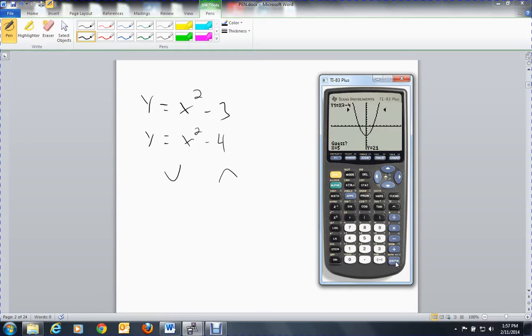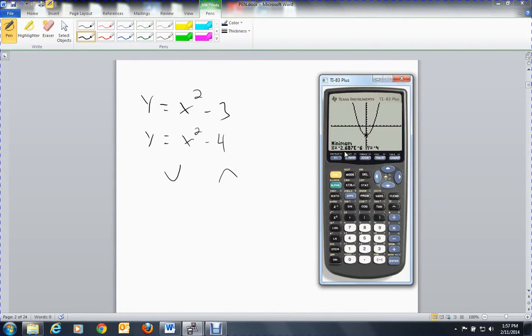So when it says guess, I hit enter again. And you get something like this. I'm glad it did this. I was expecting to see a 0 for the x value, because that's what it is, 0, comma -4. If I substitute the x with a 0, 0 squared is 0, 0 minus 4 is -4. But anytime your calculator shows this, some number with an e -6, this is actually in scientific notation,